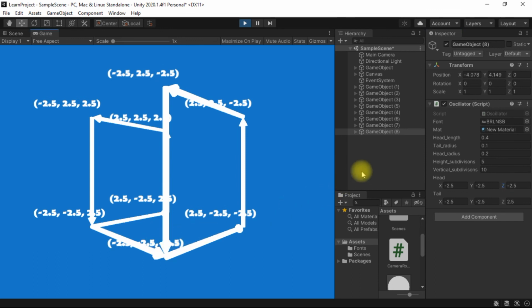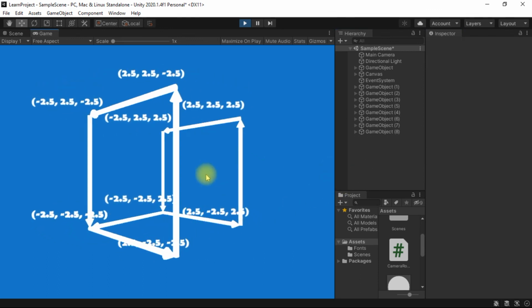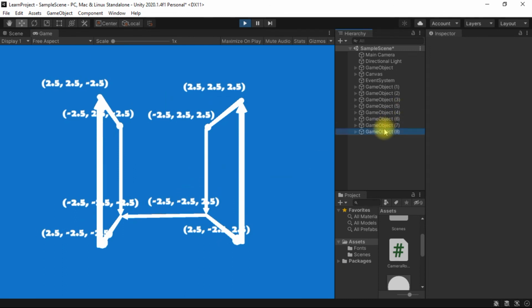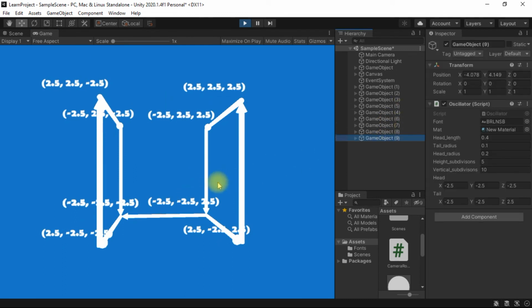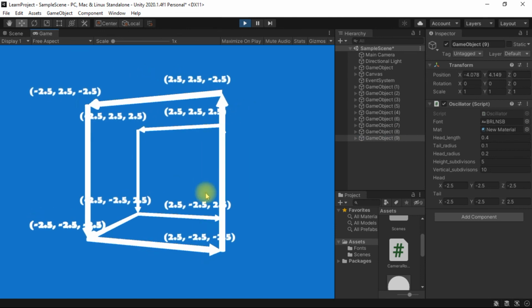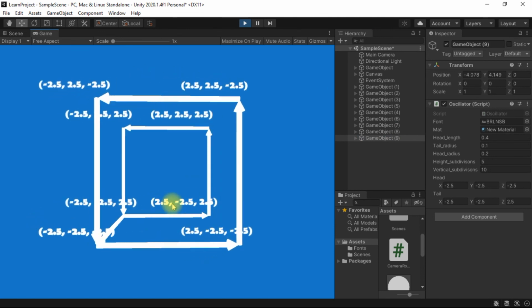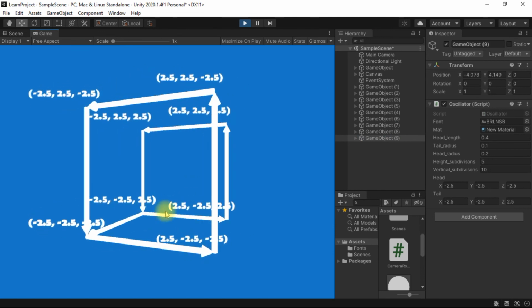So everything is now simplified. We just have to duplicate this, and maybe this is the x direction. So let's change the x component of this position to 2.5, 2.5 here, and then again 2.5.